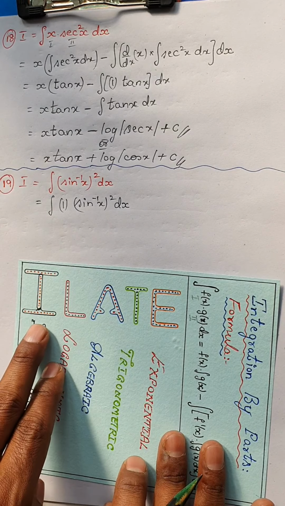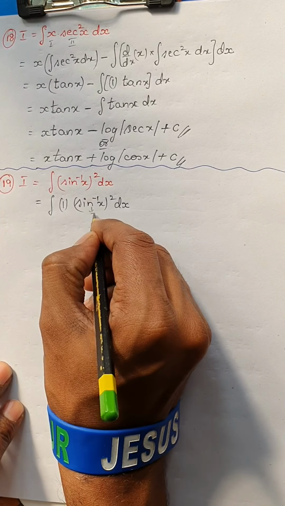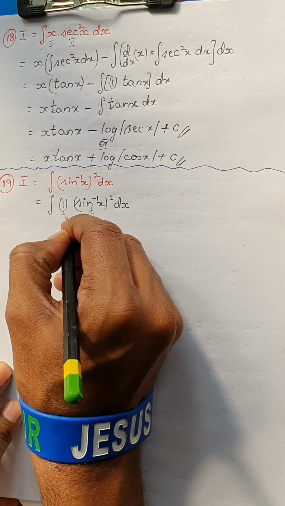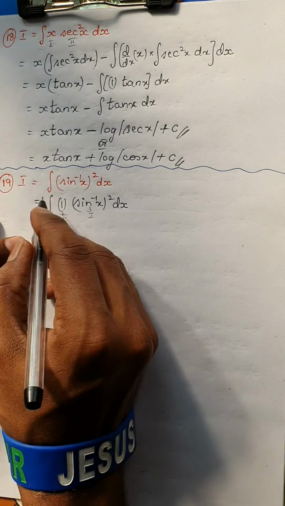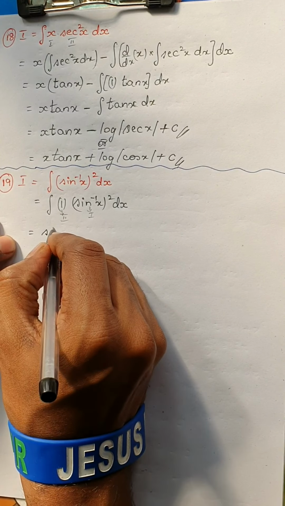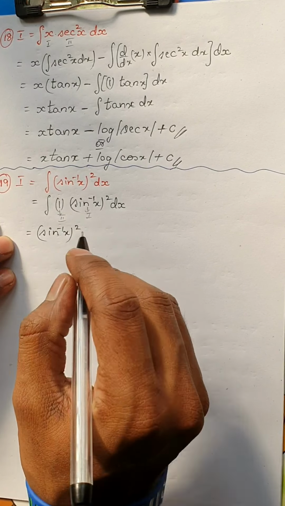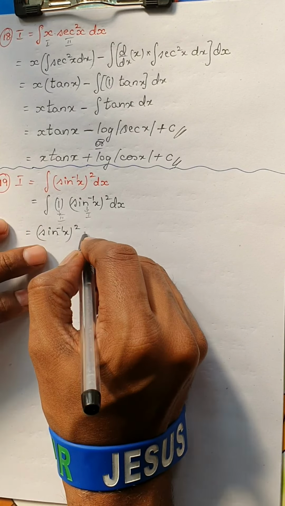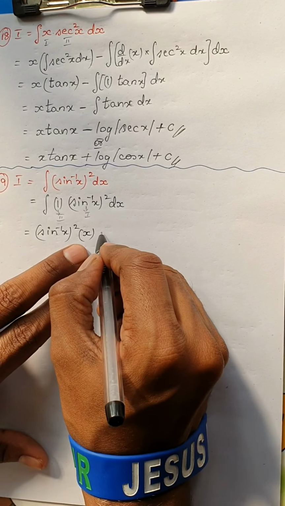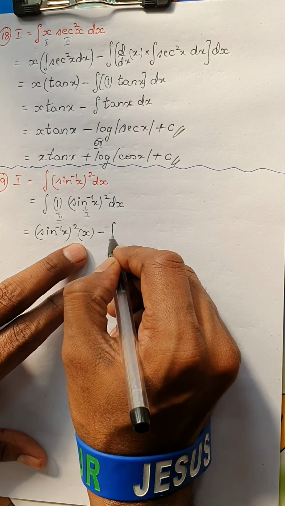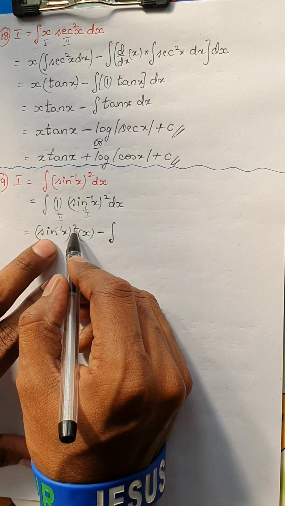So as we all know, which one am I going to consider? Remember, always the inverse trigonometric function will be taken as the first function. So the inverse trigonometric function is taken as the first function, and 1, that is the algebraic function, is taken as the second function. See what happens. As we all know, keep the first function as it is, that is sine inverse of x whole square, and integrate 1. We all know the integral of 1 is x, minus integral of, now the derivative of sine inverse